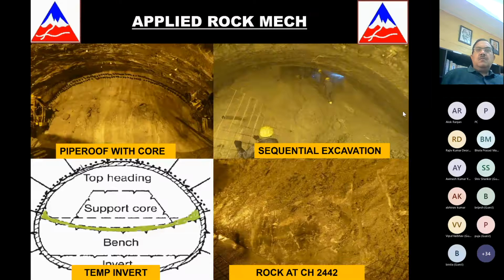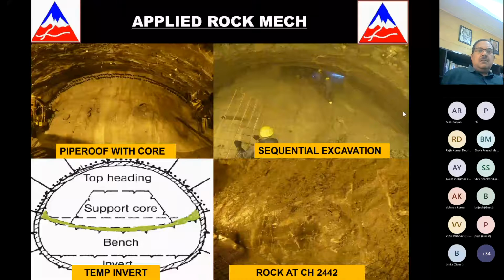If we want to compare it to a foundation, we know that when we do foundation work, there is a punching shear and there is heaving on the sides. So in tunnels also there is heaving on both sides. The tunnel floor will tend to heave from both sides because it is akin to that foundation heaving. If you do a circular section, then those tensile stresses are not formed and they become compressive. That's why in the Serinala portion, we did a complete deep invert where the complete tunnel was made circular.